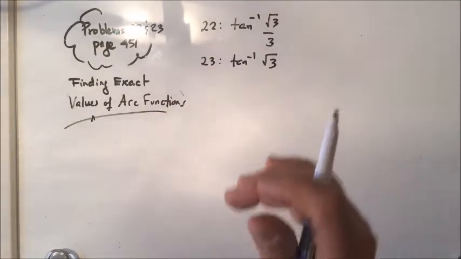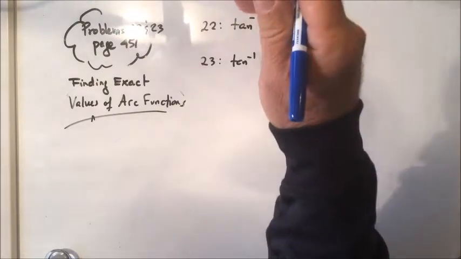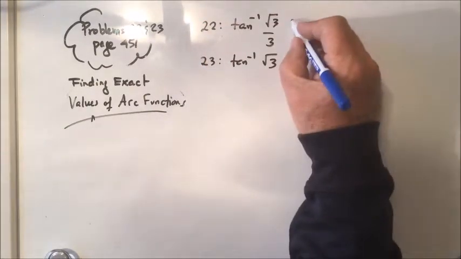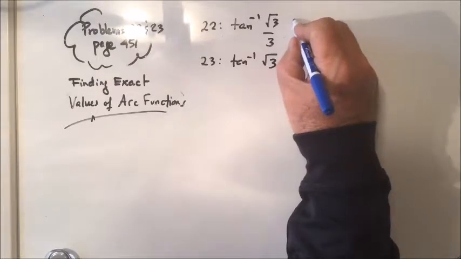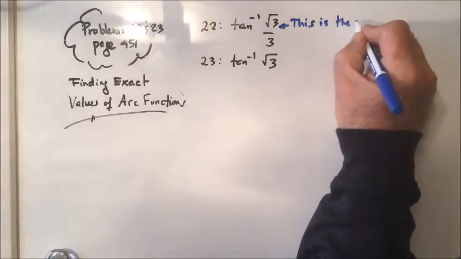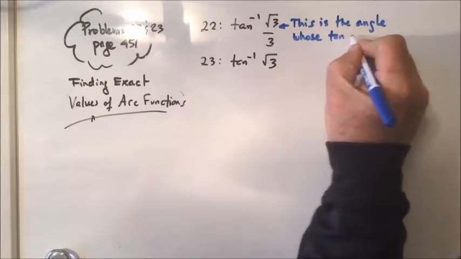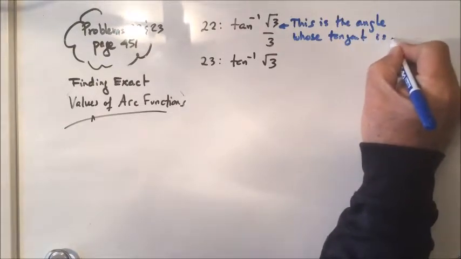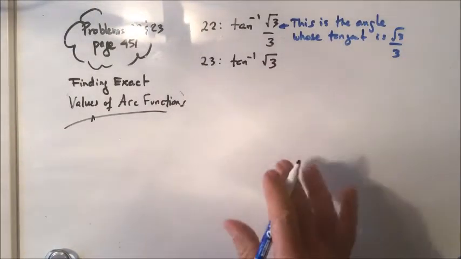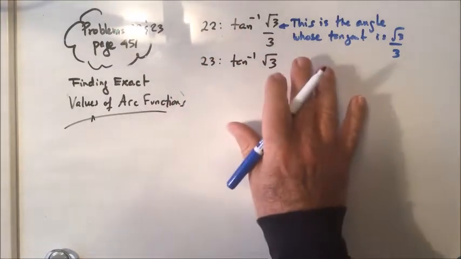And the thing I keep reminding you is that when you see an arc function, it helps to remember that it's an angle. So this is the angle whose tangent is root 3 over 3. Now, the reason I say that's helpful is that if that thing is the angle, call it theta,